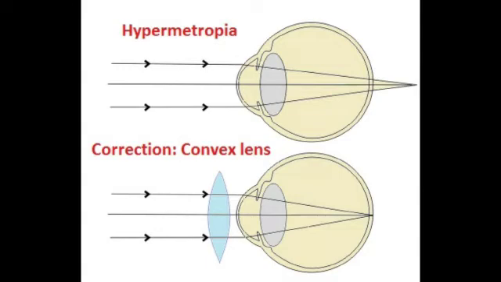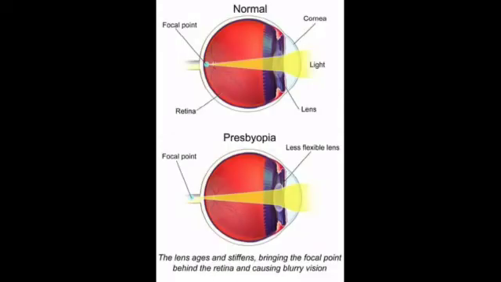The focal length of the convex lens to be used is computed as follows. Let a person with a hypermetropic eye see objects beyond a distance d. Suppose that he wants to see all objects closer than this distance up to a distance capital D, then the focal length of the required convex lens is f = dD/(d - D). Now we move on into the next defect called presbyopia.